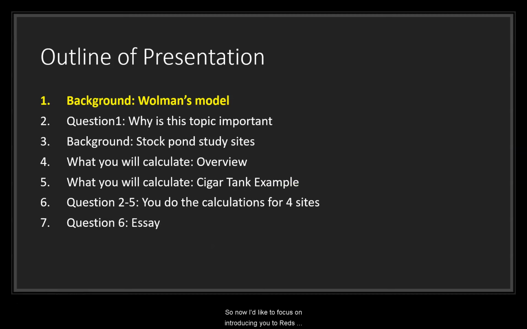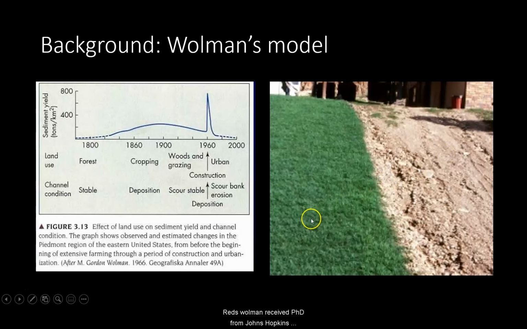So now I'd like to focus on introducing you to Wolman's model of how urbanization can impact soil erosion. Wolman received a PhD from Johns Hopkins University and he started working for the US Geological Survey. His PhD was in geography and he's a famous geomorphologist. He did work in the Maryland area and he investigated how changes of land use can impact the amount of